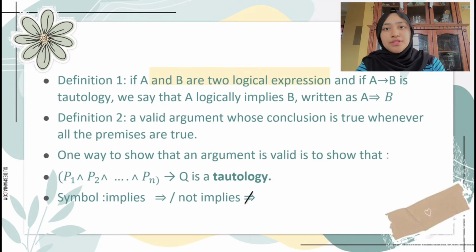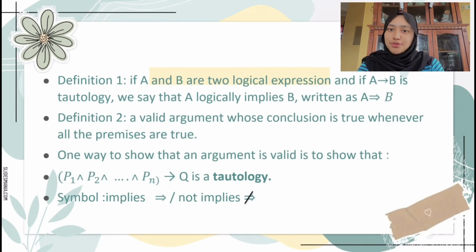And definition 2 is a valid argument whose conclusion is true whenever the premises are true. So one way to show that an argument is valid is to show that P1, P2, and another P with a constant n is a tautology, which means all the